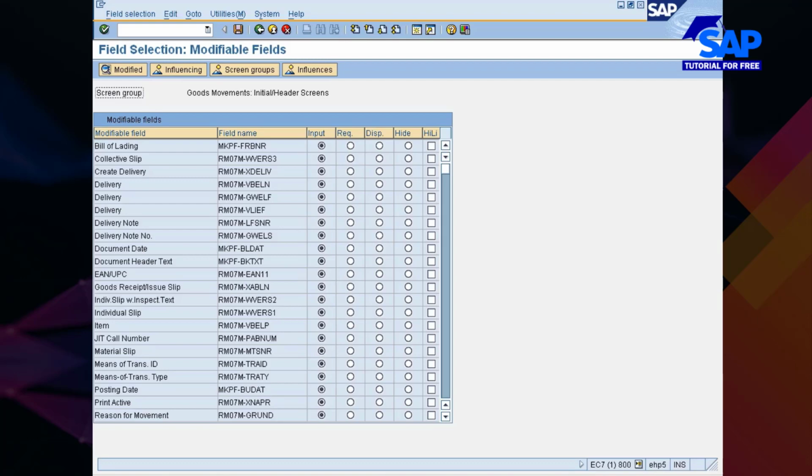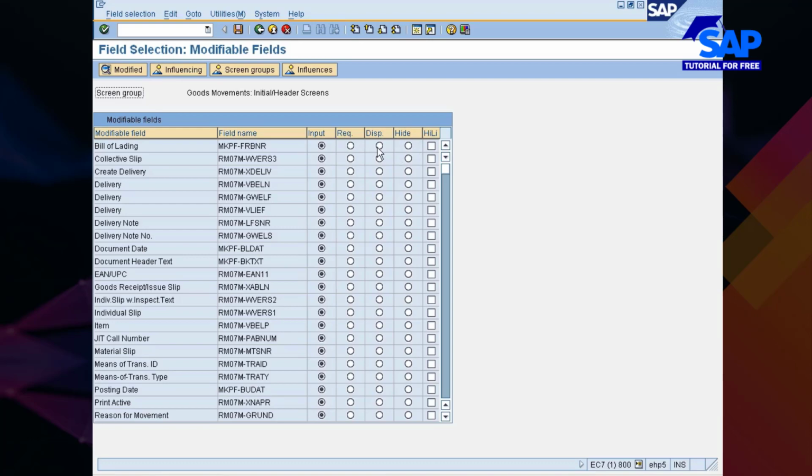It's the same thing here. These are various fields available in inventory management. Look at here, required, display, hide. What is missing? Required is mandatory, display is display only, hide means hide or suppress.